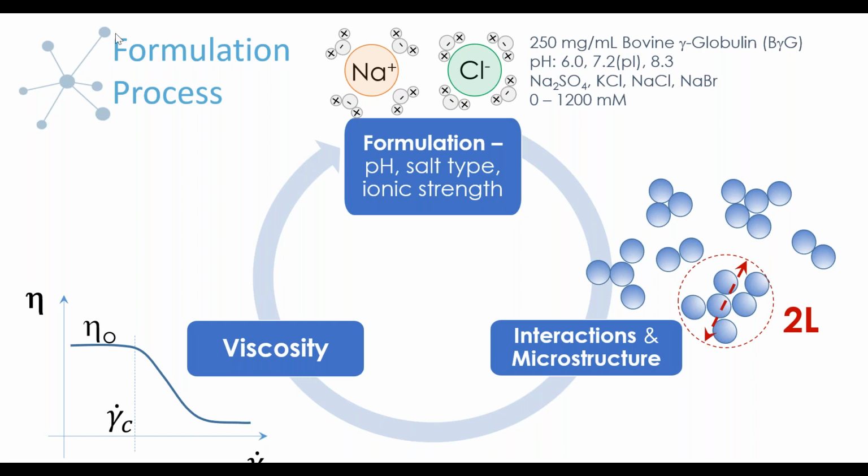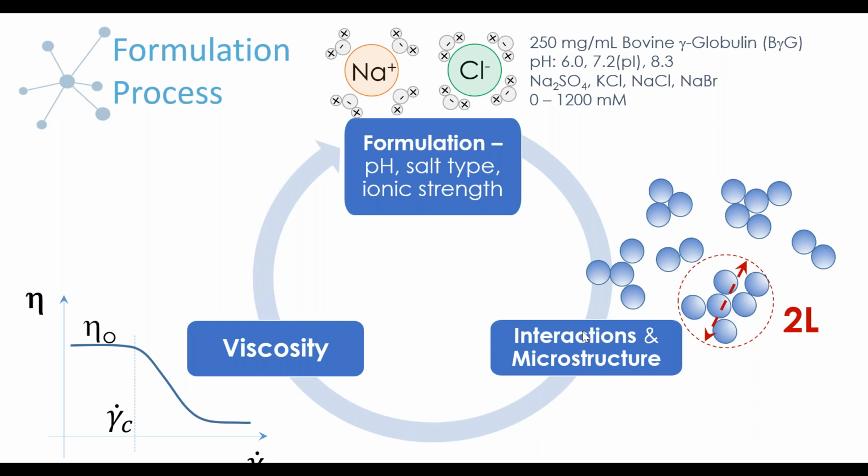We know that as you change the formulation, in our little case study that we're going to use to demonstrate this benefit, by adjusting things such as pH to adjust charge or salt type to adjust the extent of screening, we know that we can change how the proteins are interacting. And so we can regulate whether they're more or less attractive and more or less repulsive. And this interaction that exists between the proteins is going to set up the microstructure in the system. So if you're not comfortable with the term microstructure, this just means basically the placement of all the proteins throughout